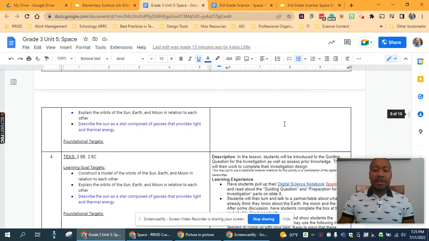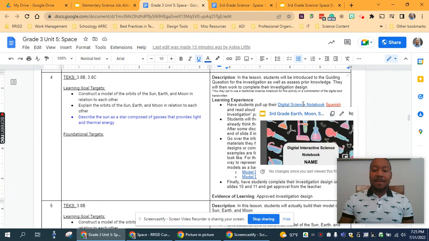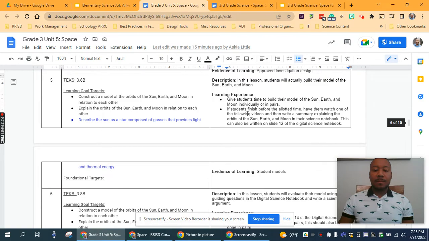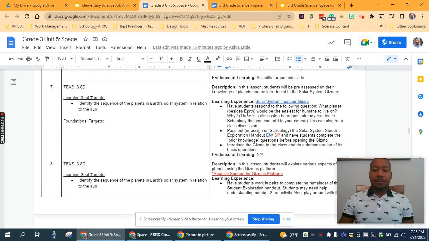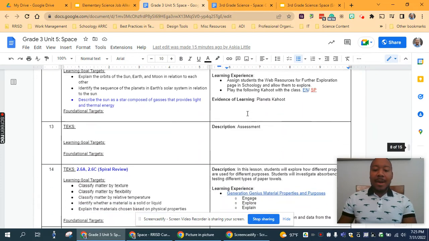So just scrolling through, there's digital science notebooks included. There is another slide that will mention this, but just know that a folder will be shared with you that has all of the digital science notebooks that were created that you can use in your class. When we scroll all the way down